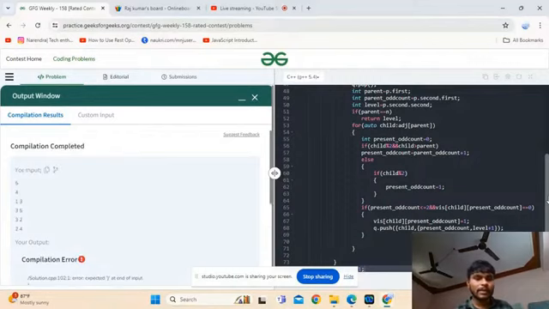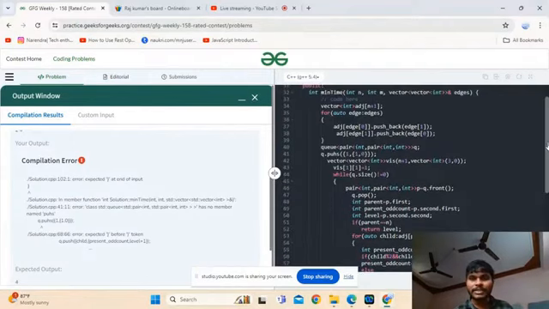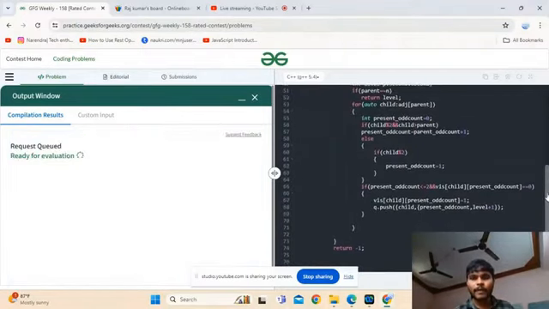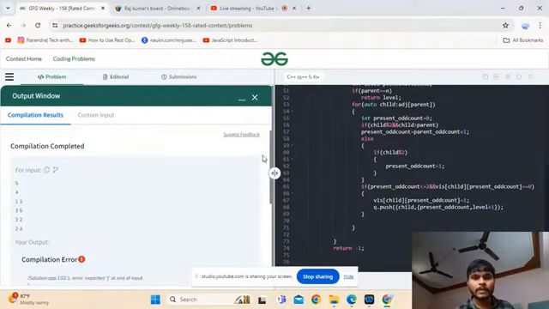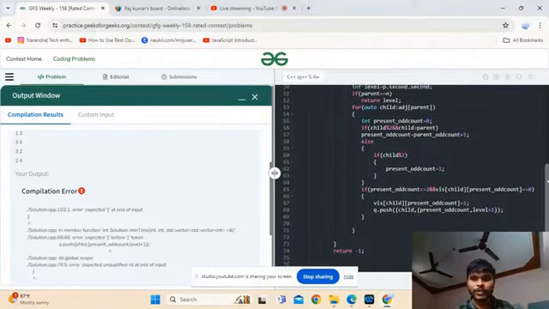Here I got the wrong answer. Here the push spelling is wrong. Again I got the wrong answer. Logic is the same. Here q dot push.